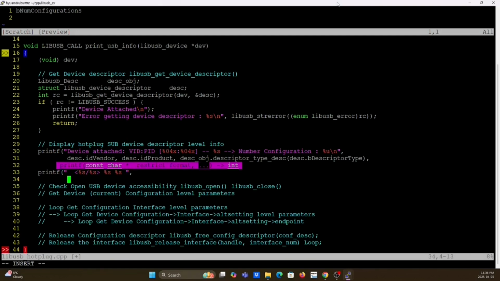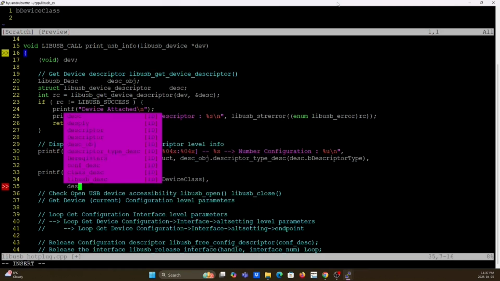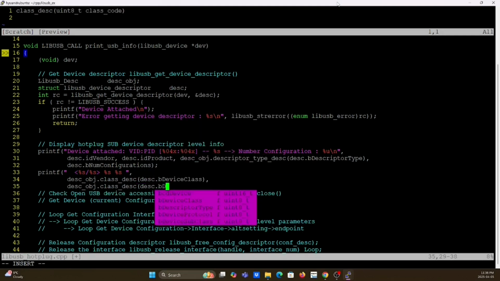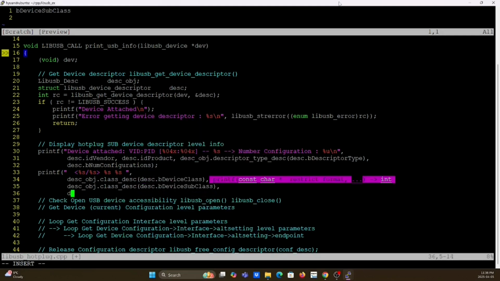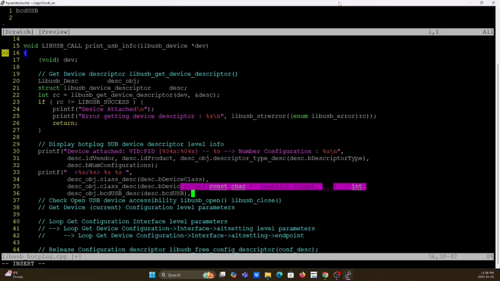Next line, we're going to print out class description, USB description, and the speed descriptions. Device class code and the subclass. BCD USB type